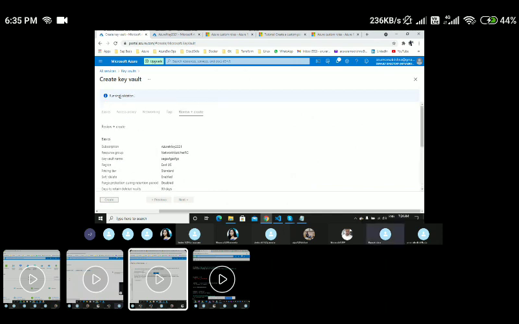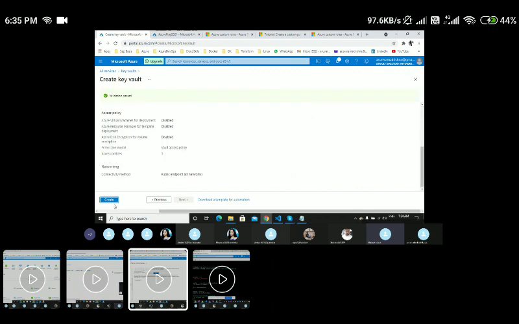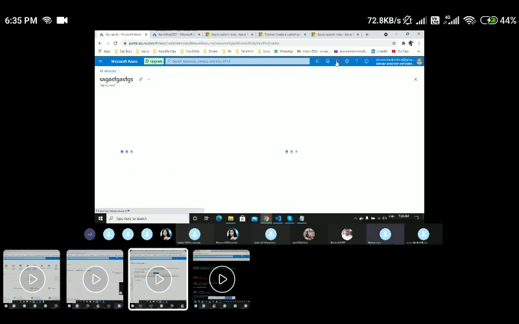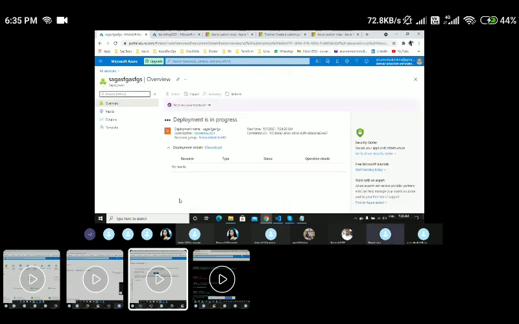Let's see, it is still doing validation. Okay, validation is passed. Let me try to create the key vault. Will it allow me or not? I think it is performing. Let's see.